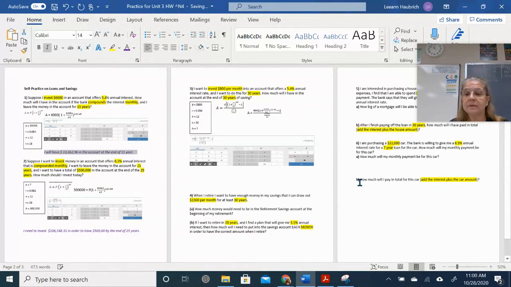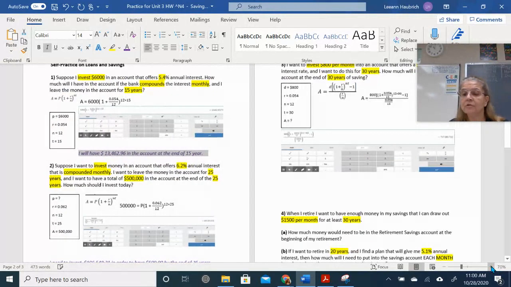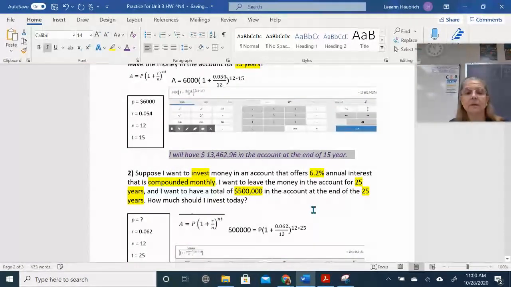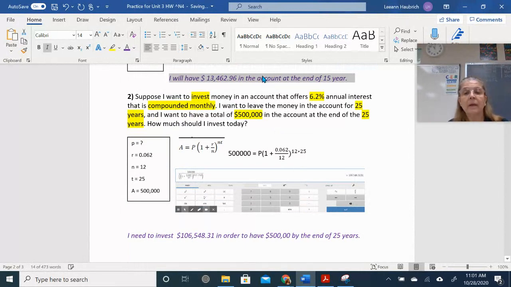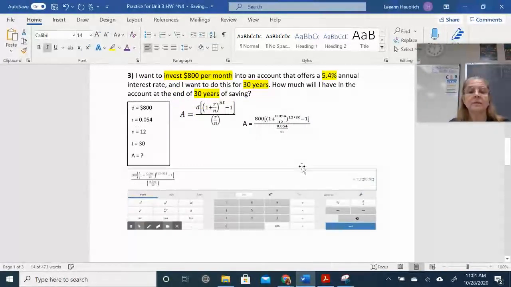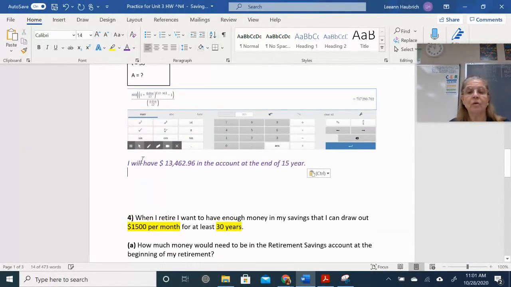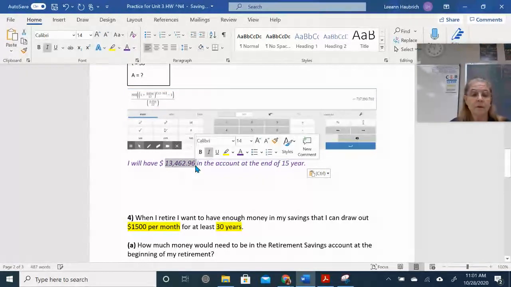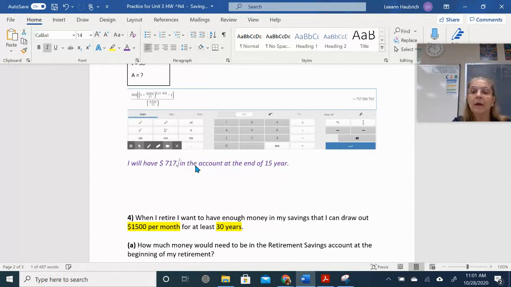Whoops, I don't know what I just did. Bring this back up to 100%. Whoops, I lost it. Control C, I'm trying to copy. Control C, go down to the current question, hit Control V. And now I can add in, I will have 717,290.70 in the account at the end of